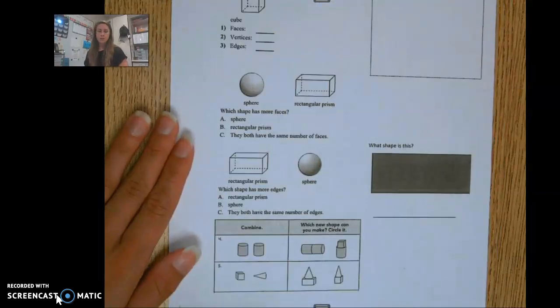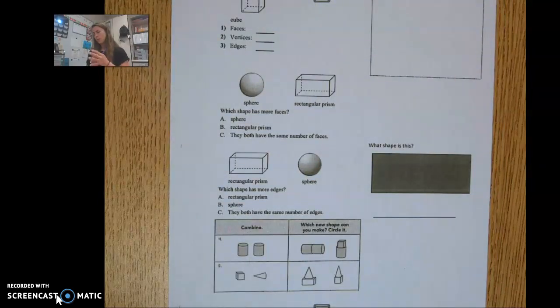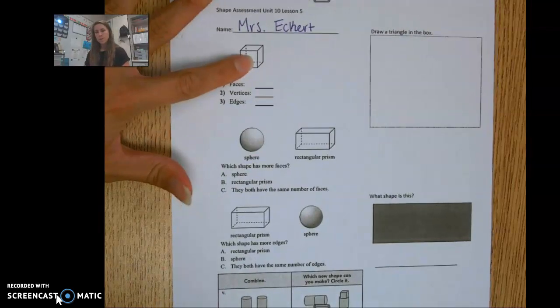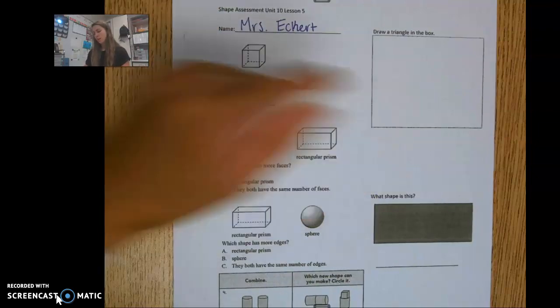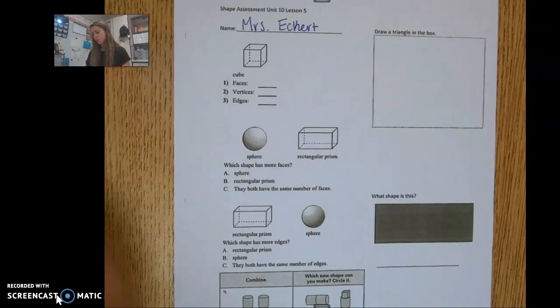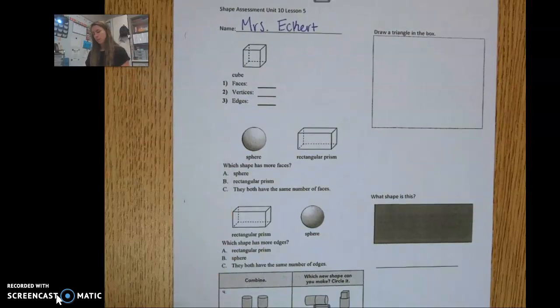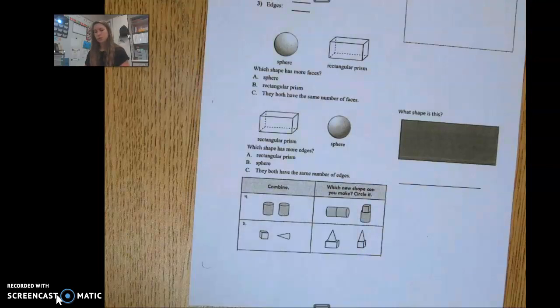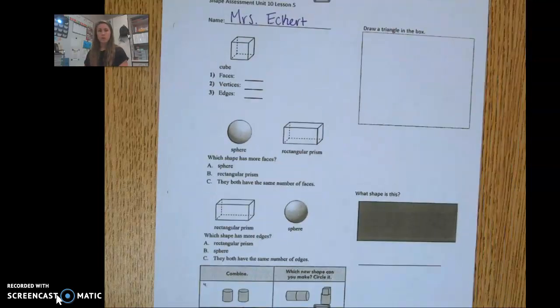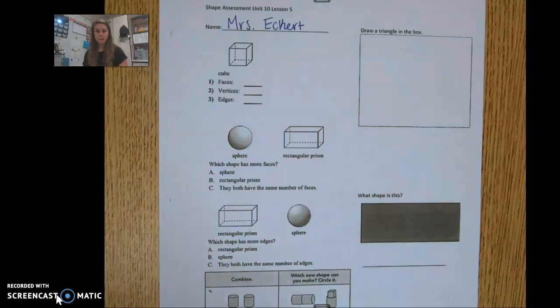When you get finished and you have done all of the questions, make sure you go back over your work, start up at the top, and recount the number of faces, vertices, and edges. Check that you drew a triangle, check that you circled the correct letter here, that you did your best spelling, and that you circled the correct picture. When you are all done, you are going to put it in your Turn In